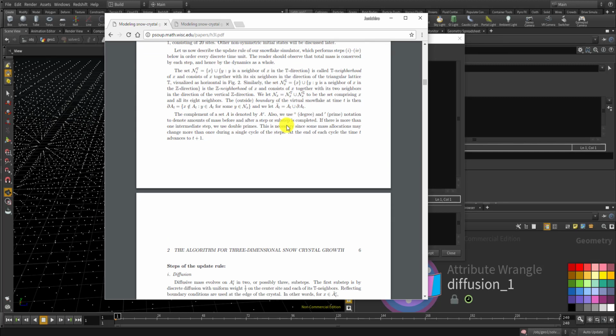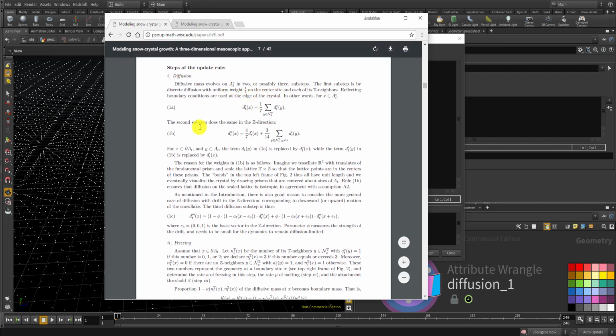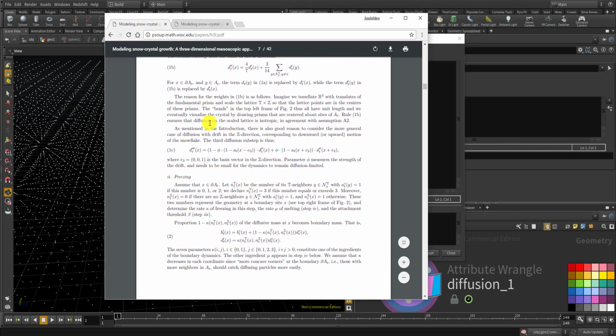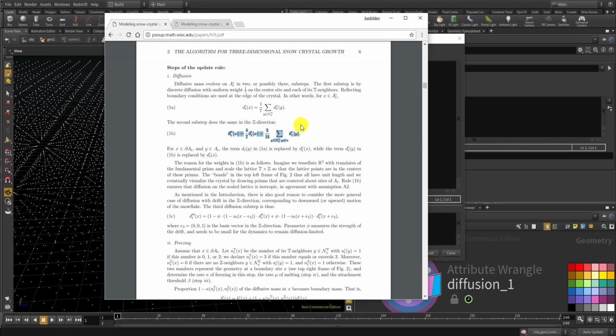And you can go to this one, page 6, which explains what kind of calculation you need to do. There are some steps that you need to follow. The first thing is the diffusion mass calculations for each cell. And the second step is using the horizontal neighboring values. This one is considering the vertical neighboring values. And finally, the third step,